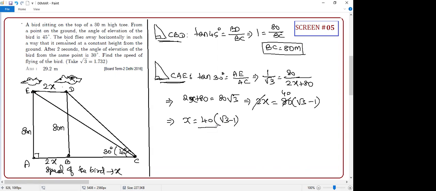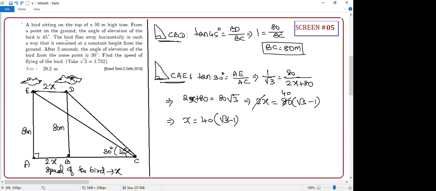Sir, x is what, sir? x is speed. That is the question. But they clearly said, student, take this value, so you have to take it. Okay. So again, who is ready to say that? What is this speed unit? Okay, I'll ask that question later.